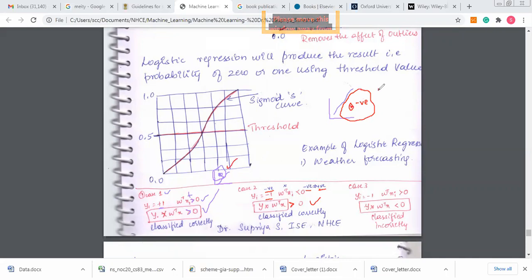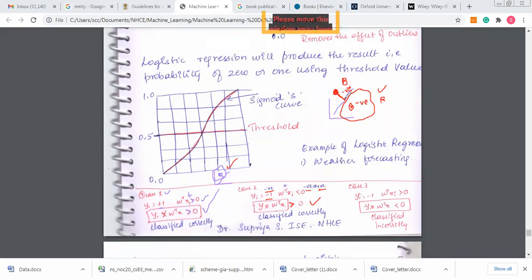So we took a blue point above the line where we got the correct answer. We took a red point below it, and we got the correct answer. Now I'll consider this red point above the line. I'm taking the third case, the opposite case. All the points above the line had blue points, and all the points below the line had red points. But I'm taking the red point on the opposite side. So what is it going to tell? This point is basically going to be negative, because it's a negative point lying on the opposite side.